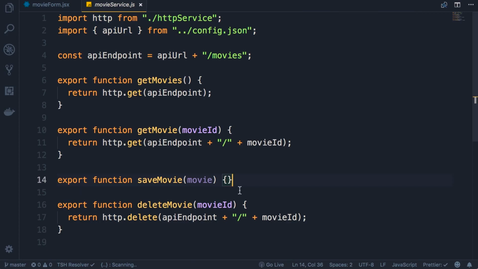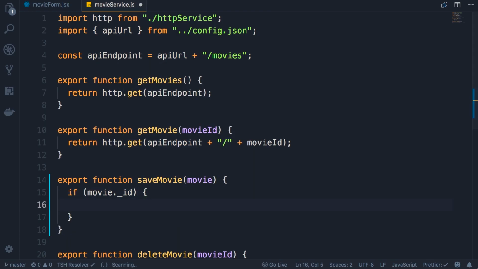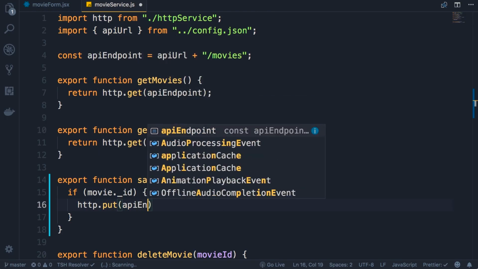All right, now we're going to focus on the saveMovie function. In this function, we should either create a movie or update it. So we check if movie._id exists. We should update the movie. So we send an HTTP put request to the API endpoint